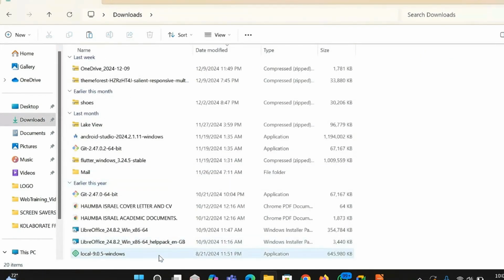Like you can see, I did download this software earlier this year. So I've not downloaded it again, but once you download it, it will be in your downloads or wherever you saved the download. If you saved it on your desktop, it will be on the desktop. So this is the software that you've just downloaded.